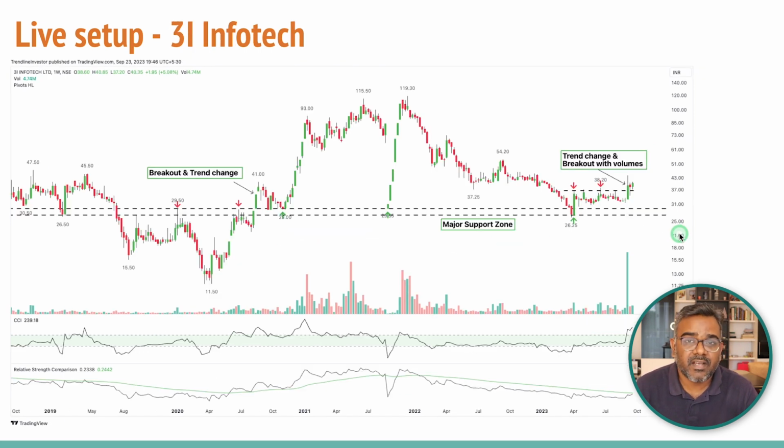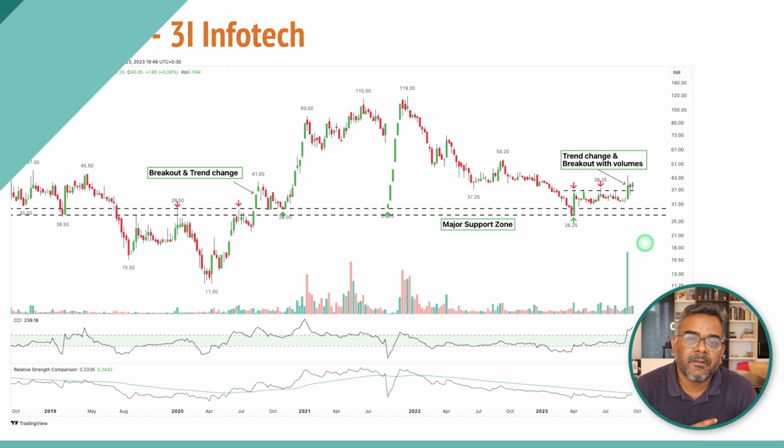The second company is 3i Infotech. Now this company, there's a huge change in the management strategy. The company has big targets of 1,000 crores in 2024, and it also has good guidance for operating margins. So it might work out sometimes, right? Sometimes it might not work out. But in this case, again, the stock has closed above the previous pivot high. CCI is good, and relative strength also is rising here. So overall, two very good setups. Bad companies, but if even one works out, it's a pretty good bet, right?